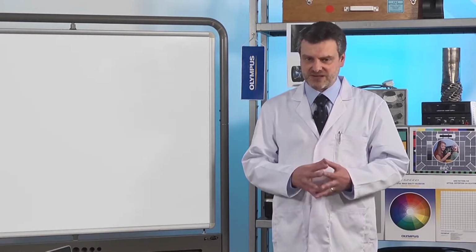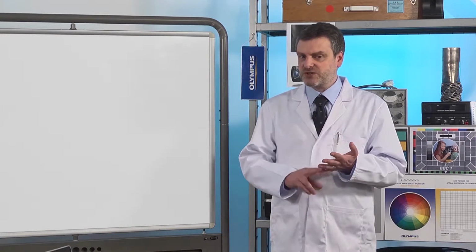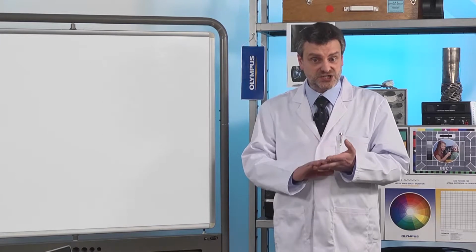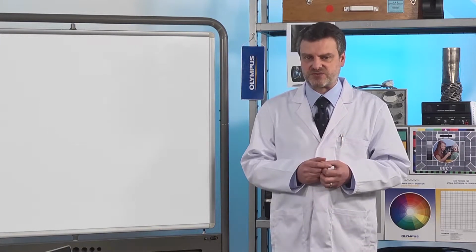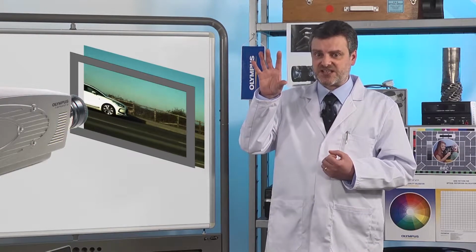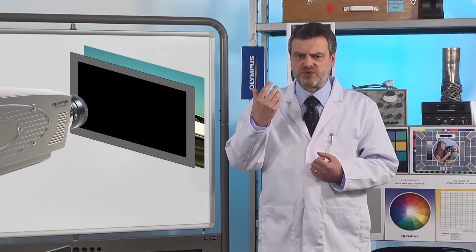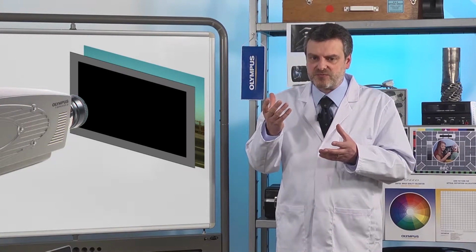My name's Chris Robinson and today I'd like to talk to you about some of the more advanced features of the Olympus iSpeed 3 camera. I'm going to start with the concept of motion blur and speed and shutter and how these things interact with each other. You can think of shutter as the camera opening its eyes to take a photograph and then closing its eyes again. So if I make an example of the camera at a fairly low frame rate and a